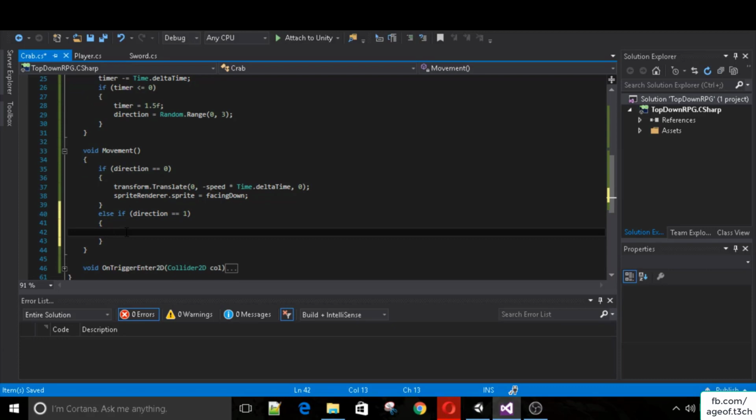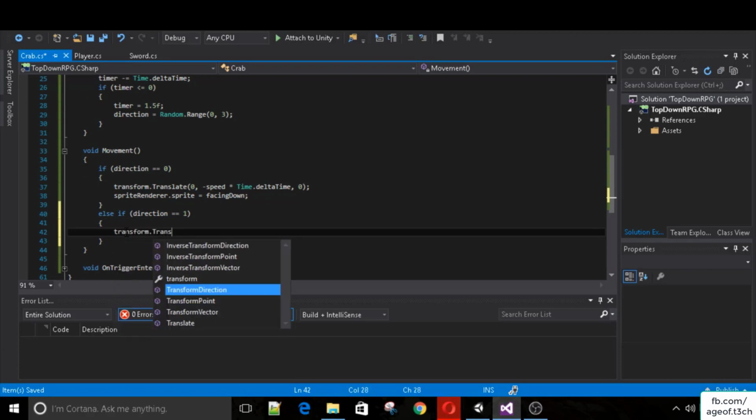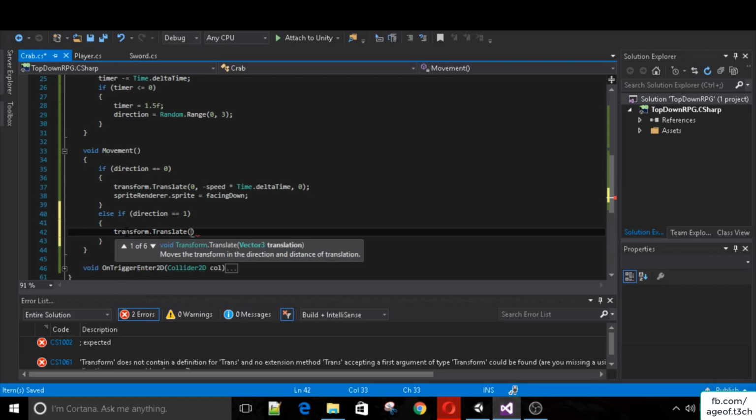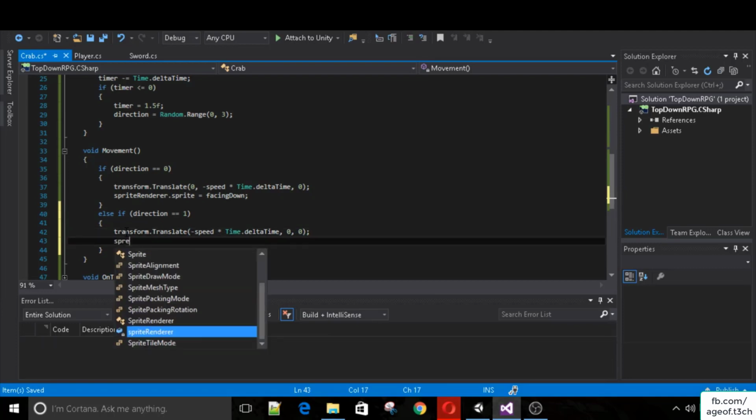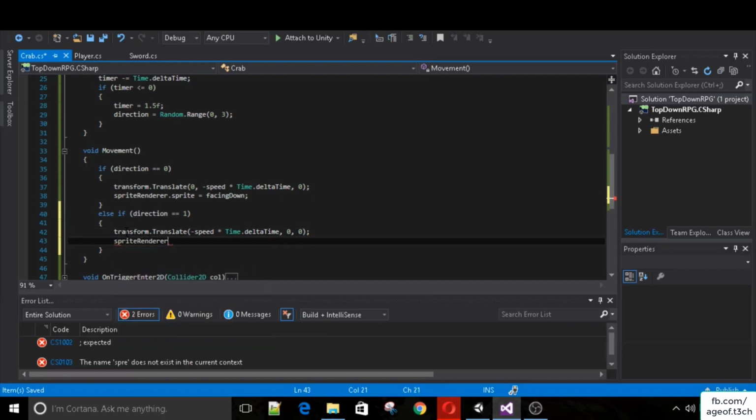Let's say that 1 is left, we will say transform.translate, left is x, so that is minus speed times Time.deltaTime, 0, 0, and that is spriteRenderer.sprite equal to facing left,